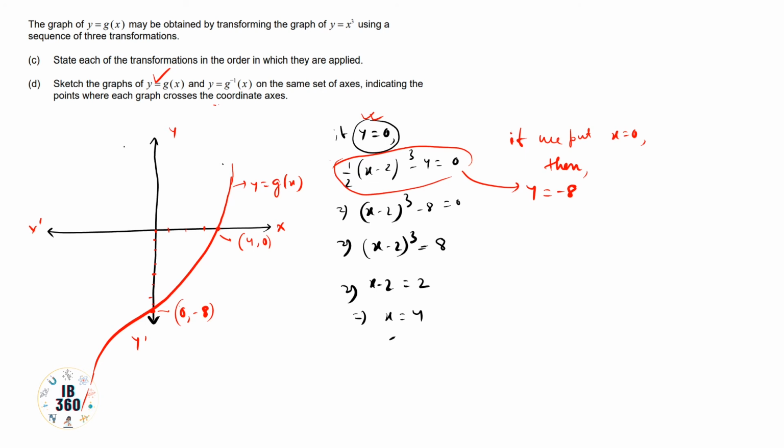Now you know that we have the graph of y equals to g of x, and to draw y equals to g inverse x, we just need the y equals to x line and we need to draw the mirror image of this function. Now for minus 8 comma 0, the point will be here, and the 4 value will be here, that is 0 comma 4 for the inverse. So we just need to draw the mirror image of this function, that will be like this.